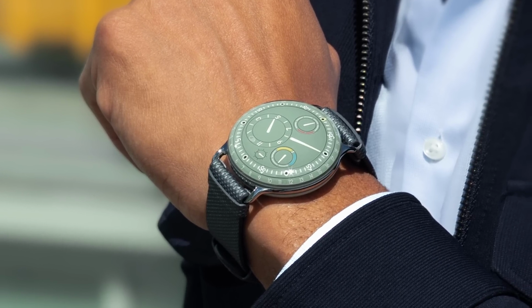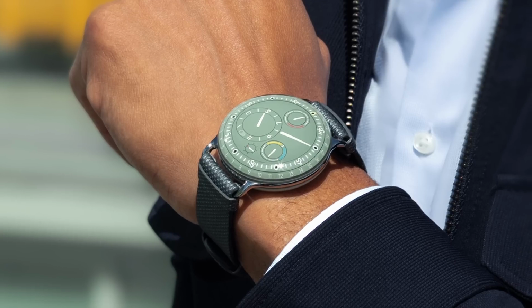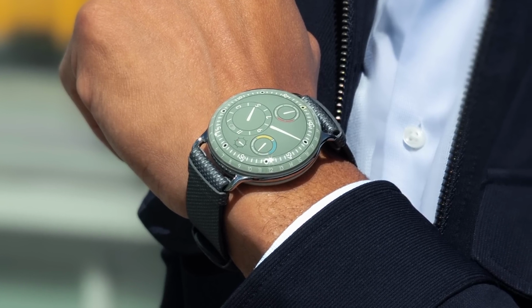Or the Type 3 in general. Something I try to emphasize in my review is that the special thing about Ressence is all internal. You really can't see it. The resulting effect is on the outside, and you take for granted what's going on inside. And with the oil-filled ones, it's even more poignant because